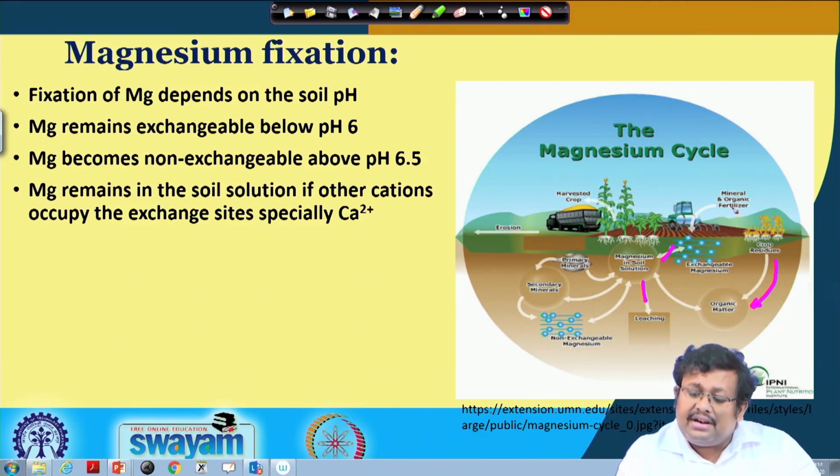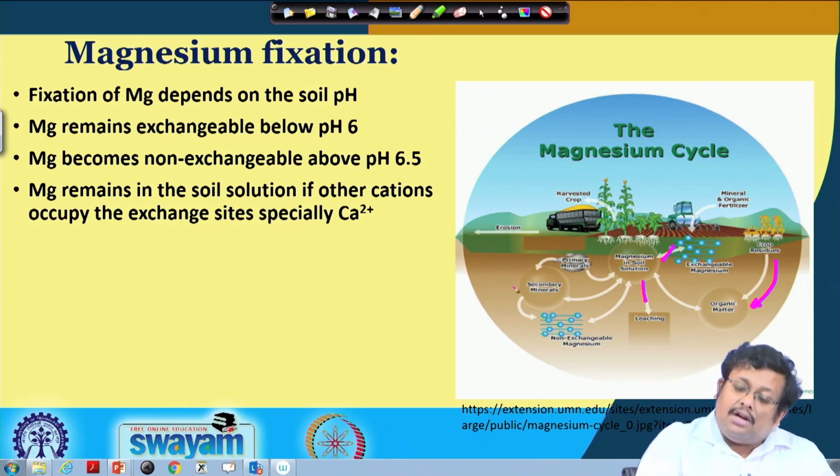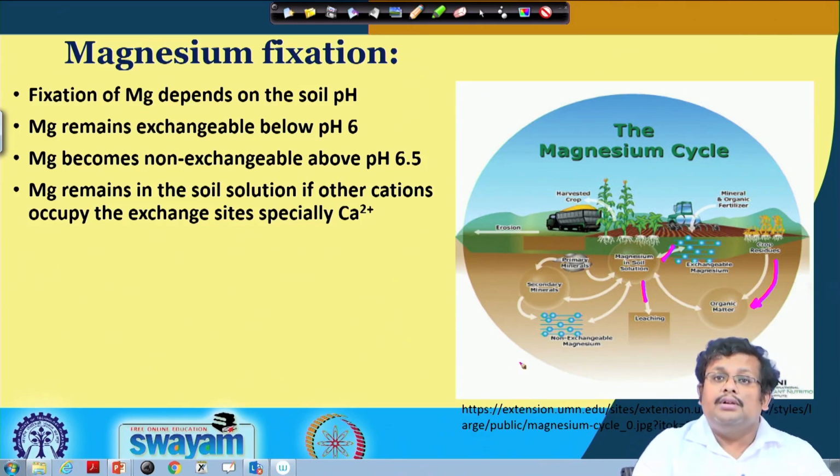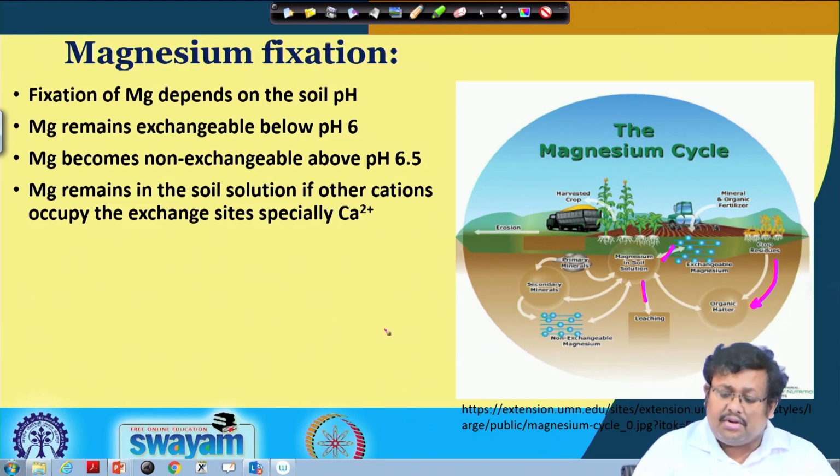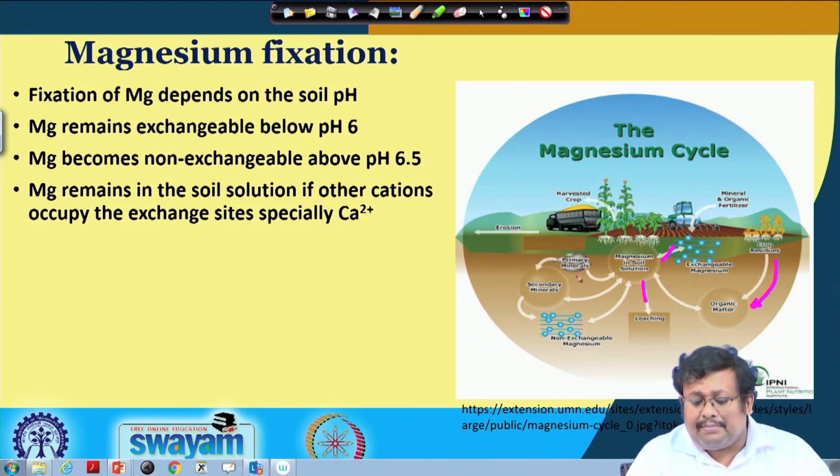When we apply mineral and organic fertilizer, that also increases the magnesium concentration in the soil. Magnesium also gets lost due to the harvest of the crop, which takes up the magnesium. In the soil you can also see erosion occurs due to the runoff process, and from the primary minerals, magnesium is converted to the secondary minerals, and from the secondary minerals they can form non-exchangeable